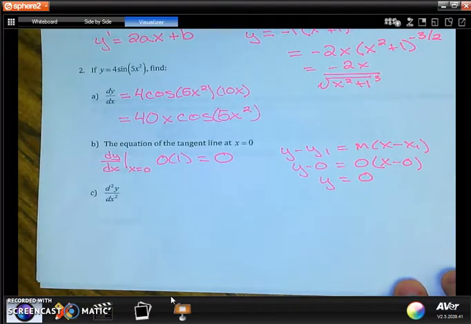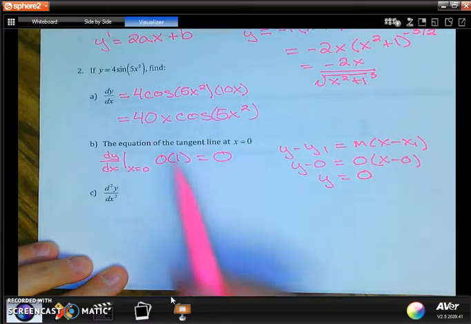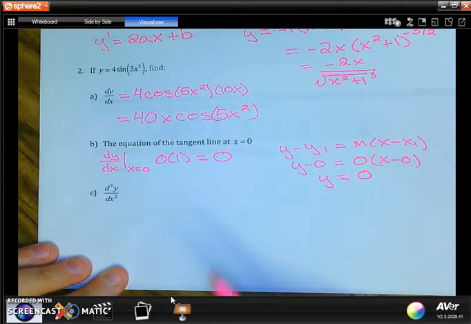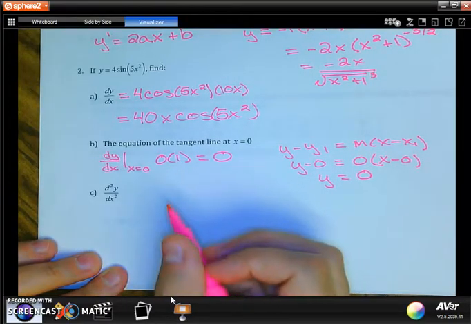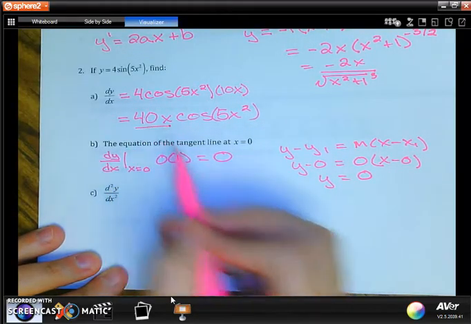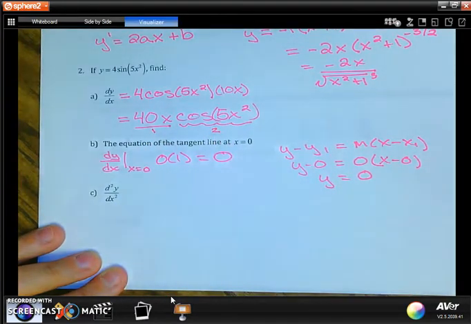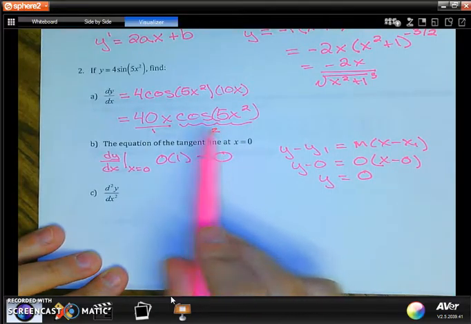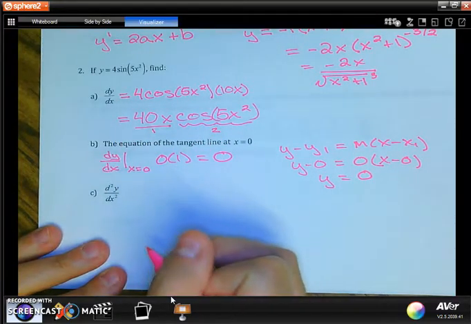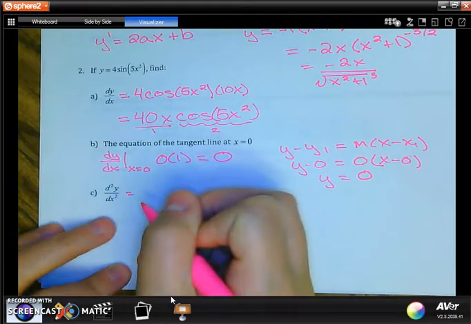Okay, and then the last one on this page, it's just asking you to take the derivative of something you already took a derivative of. Okay, so now I'm working with this part from A, and then you have to take the derivative of that. So when you're taking the derivative of that, what I would do is kind of think of this part here as part 1, and then this part as your part 2. So I'll just kind of label that part 1 and 2. And you're going to have to use your product rule here. Okay, so remember, product rule says first times the derivative of the second plus the second times the derivative of the first. So that's what we're going to use to come up with, let's see, so we're going to have